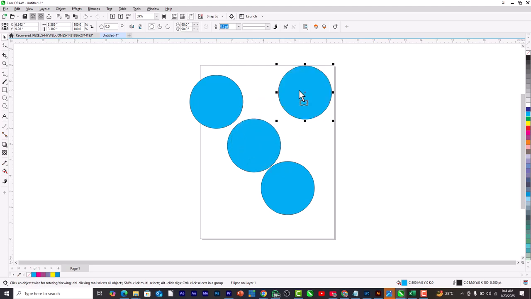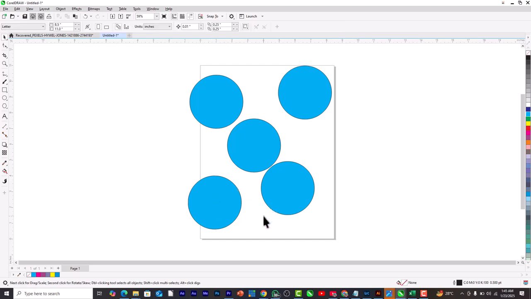The final way to duplicate an object in CorelDraw is to select that object, hold down the left click on your mouse, and drag it to where you want to duplicate it to, and right click until you see that plus sign, and release both the left click and the right click, and as you can see, we successfully duplicated that object. And these are the 4 ways to duplicate an